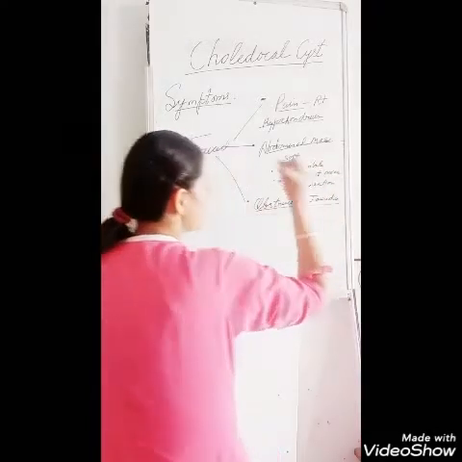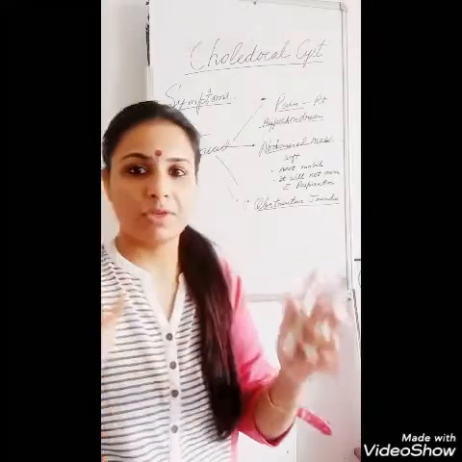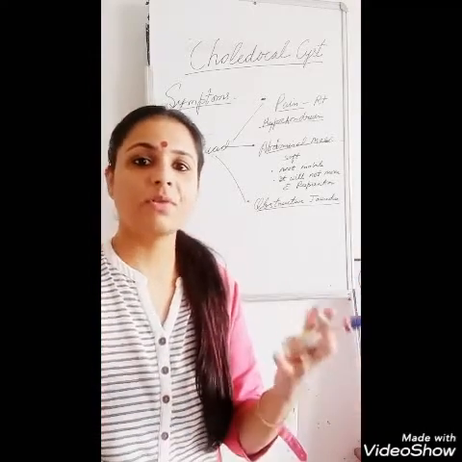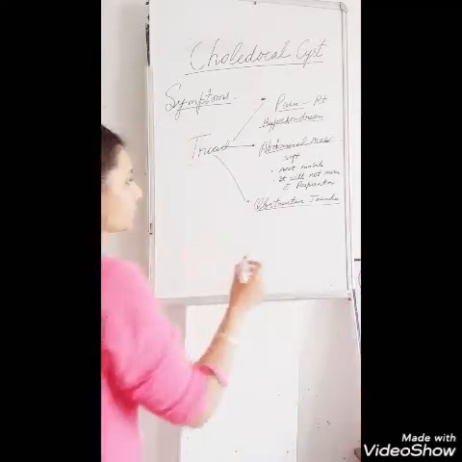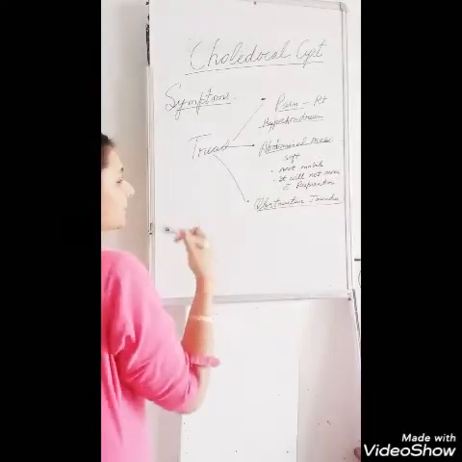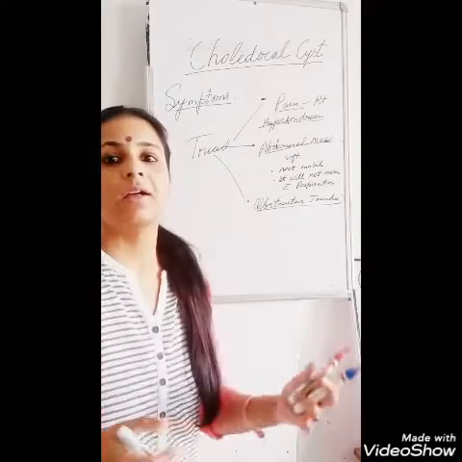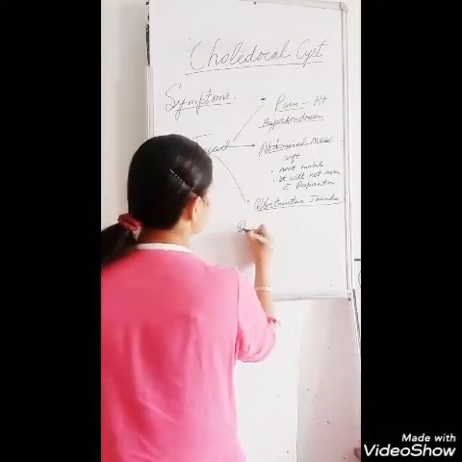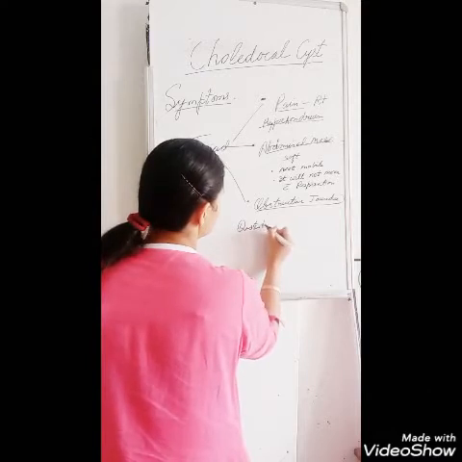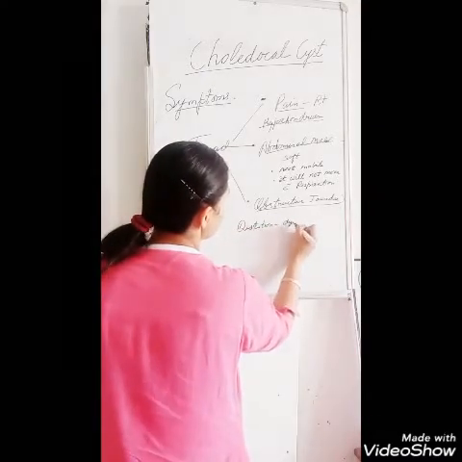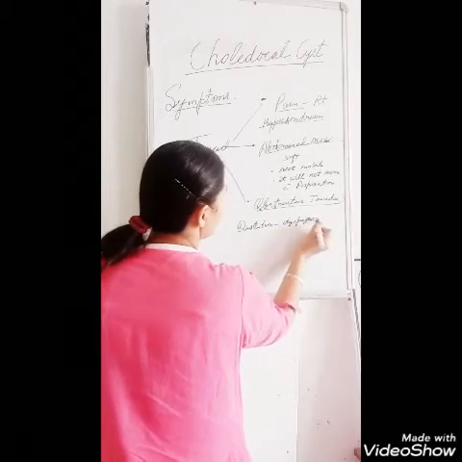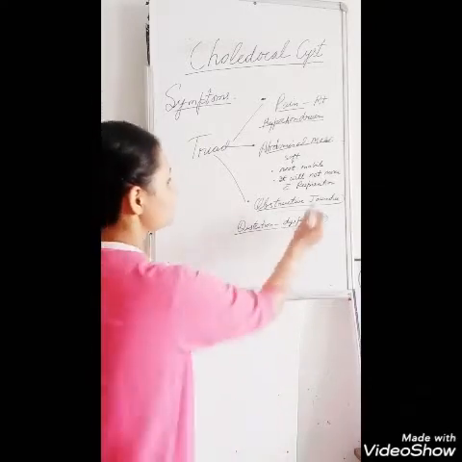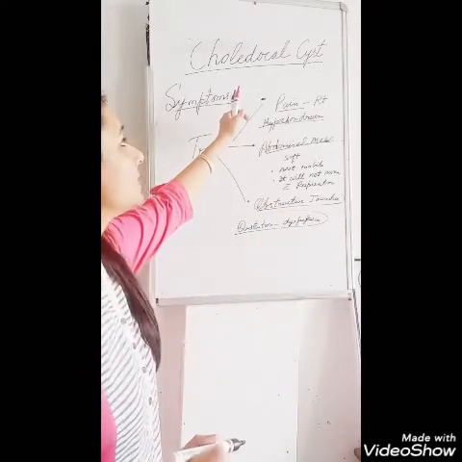So due to the obstruction, there will be jaundice. The features of jaundice will also be present, like fever, then yellowness of the skin and sclera, yellowish discoloration. Besides this, dyspepsia, improper digestion, and distension. All the features related to weak digestion will be present, and fever, because jaundice is there.